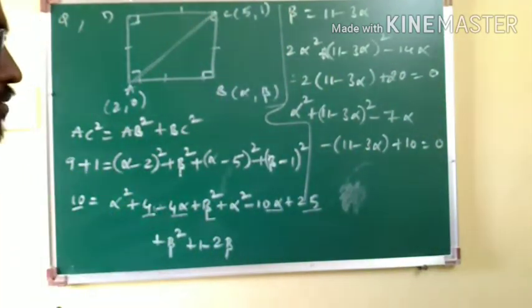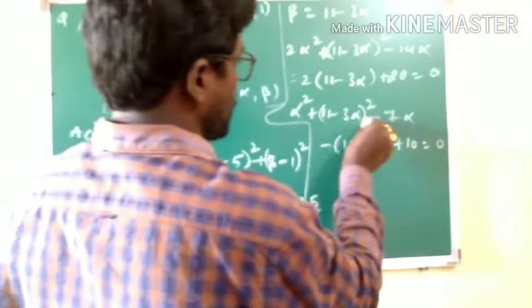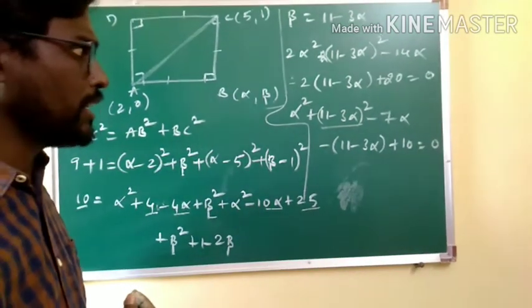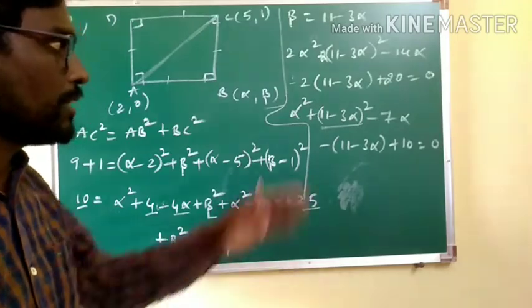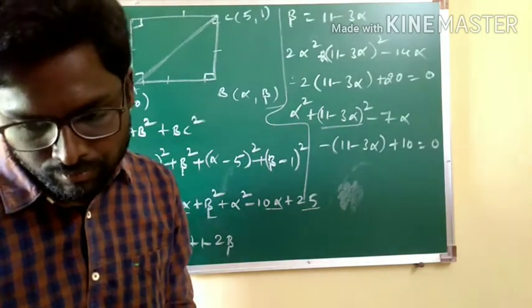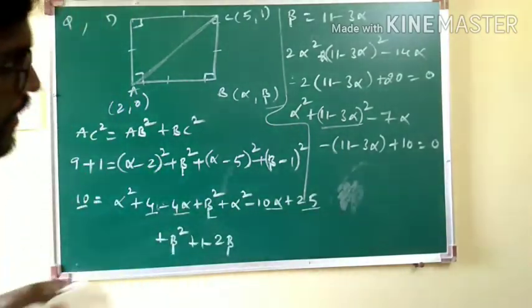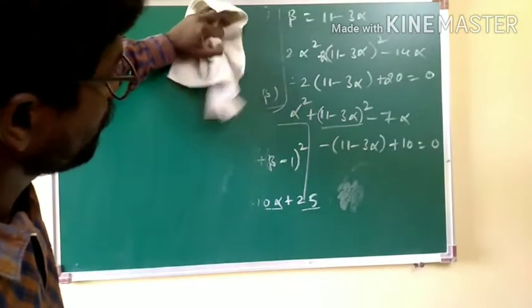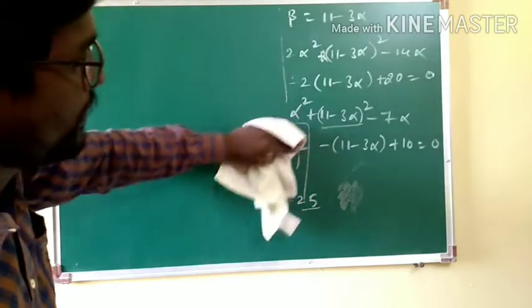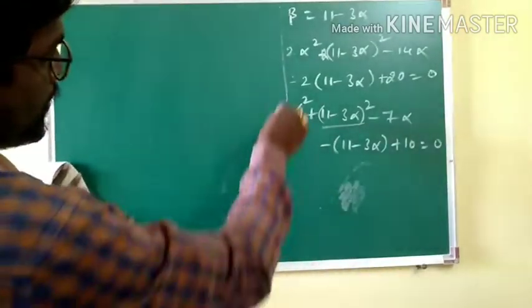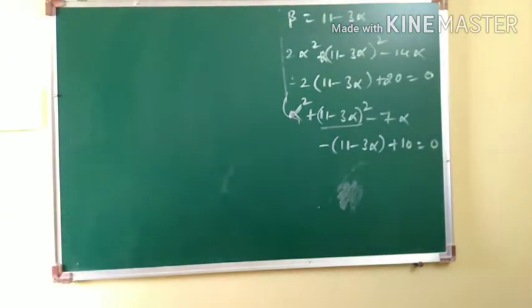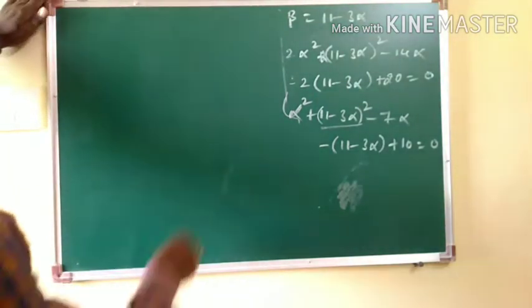Now the task has become very simple. Here we simply expand according to the a minus b whole square formula. On expanding, we will be getting the values of alpha. Let us see what we are getting. We should be very careful in solving coordinate geometry equations. We will be getting lengthy equations, and sometimes a small error may lead to big trouble.